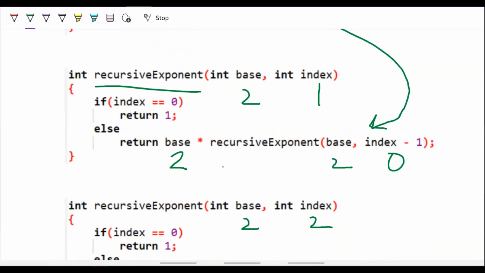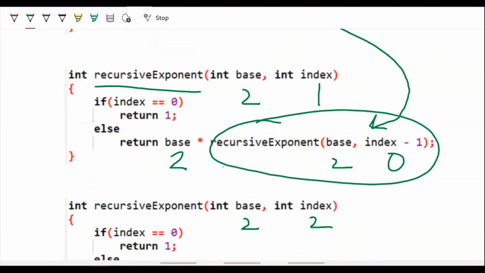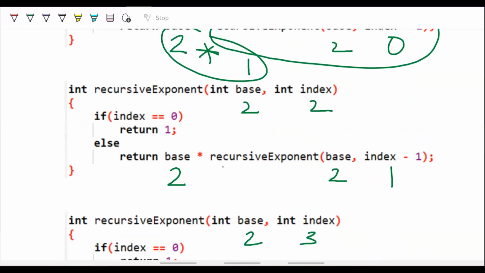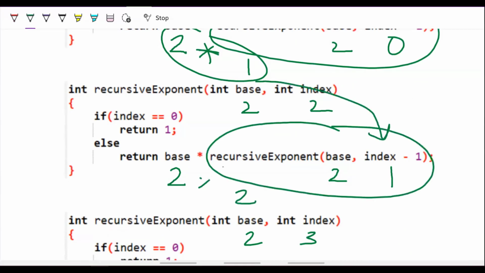So now this part becomes 1. And now we know that 2 times 1 is 2. So this function will return 2 to the previous calling function, and 2 is passed over here. So this part becomes 2. Now it can calculate the value of 2 times 2.